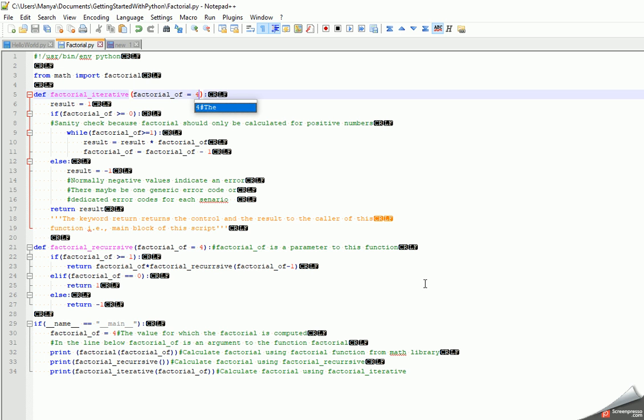Now we learned about what is recursive. Now let's talk about iterative. As compared to recursively calling the function from its own body, the iterative call runs a loop. For example, after the same sanity test that we made over here, that the factorial is greater than or equal to 0,